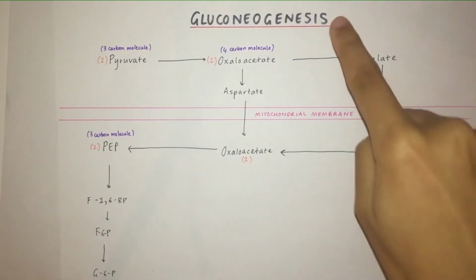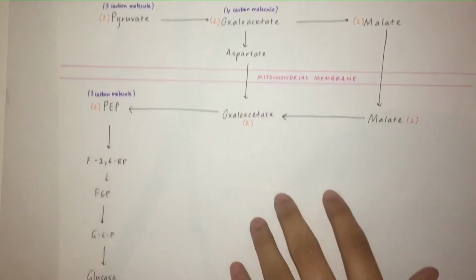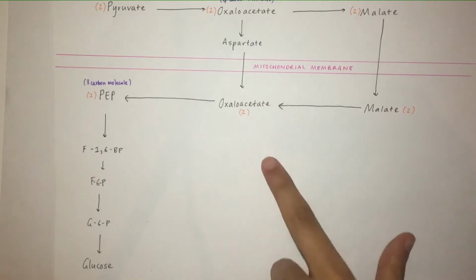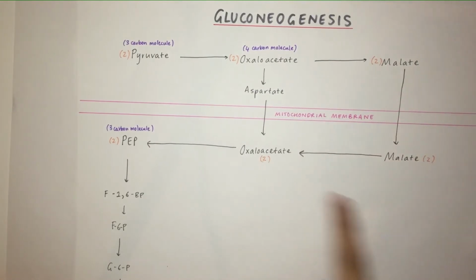In this video, we're going to look at gluconeogenesis. So gluconeogenesis is the production of glucose from pyruvate. But first we have to transport pyruvate out of the mitochondria and into the cytosol, which is where gluconeogenesis happens. Now, pyruvate can't just go straight back out through the outer mitochondrial membrane as it came in, so